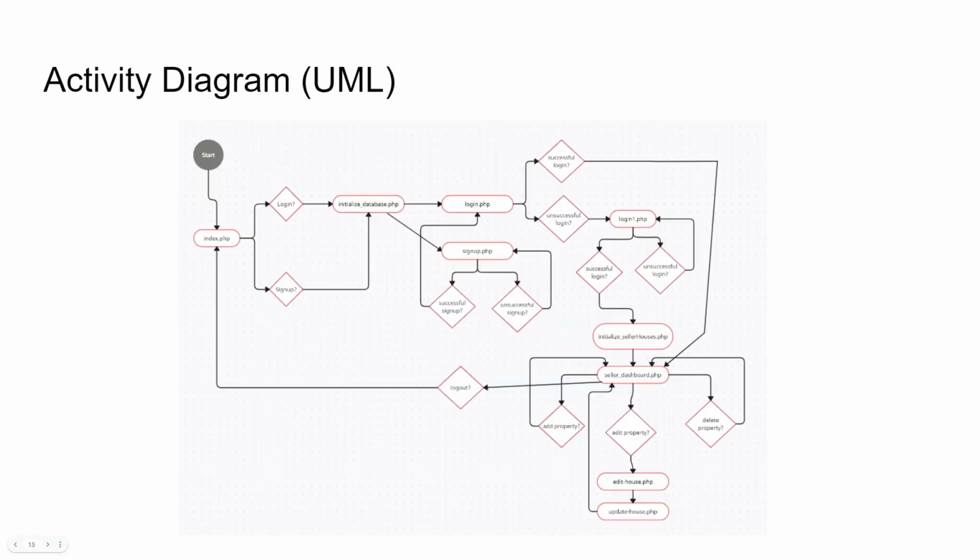So this is our activity diagram. The first step of the diagram is that when the user gets on a website, they see the index.php page, which is basically the home page, and they have the option to choose between login and sign up. If they choose login or sign up, they will